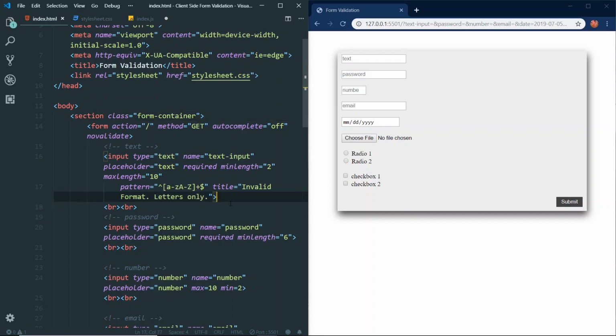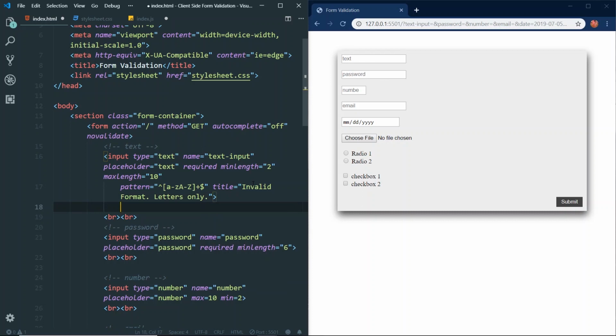So I want to show you two ways of showing errors, guys. One is showing an error right below each input. I'm just going to show you one for right below the text. So here, I can create a span element, give it a class of error. So let's go in the